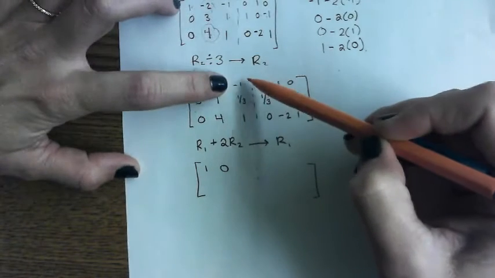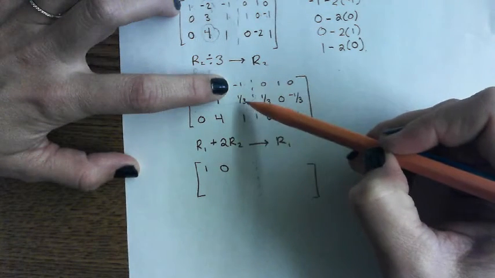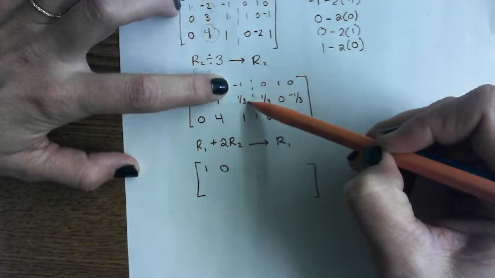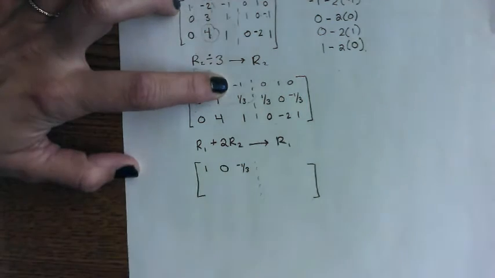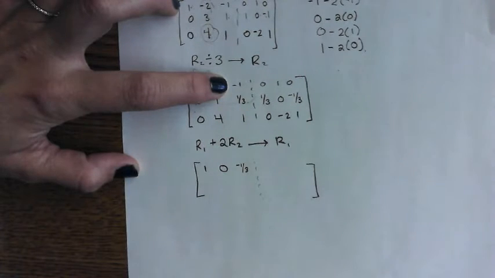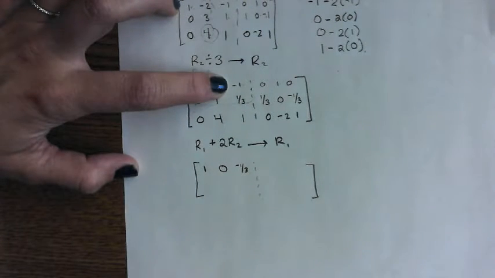This one is negative 1 plus 2 times a third, which is 2/3. What's negative 1 plus 2/3? Negative 1/3. That's going to be tougher for some of you if you hate fractions. I mean, no one likes them. I don't like them, but